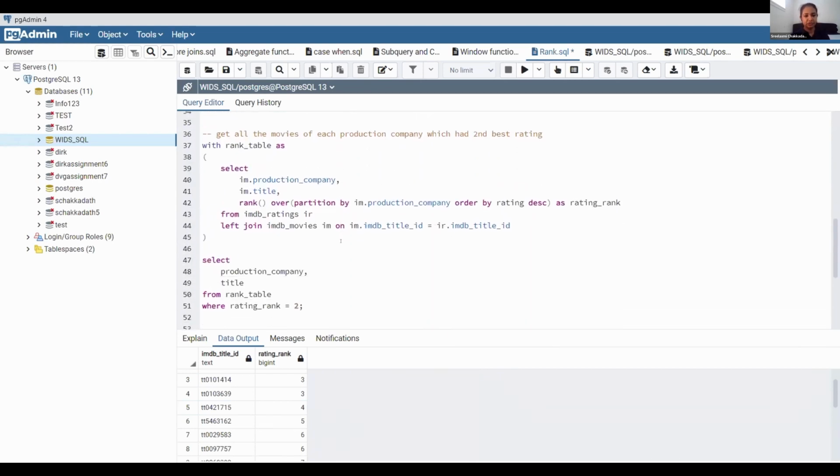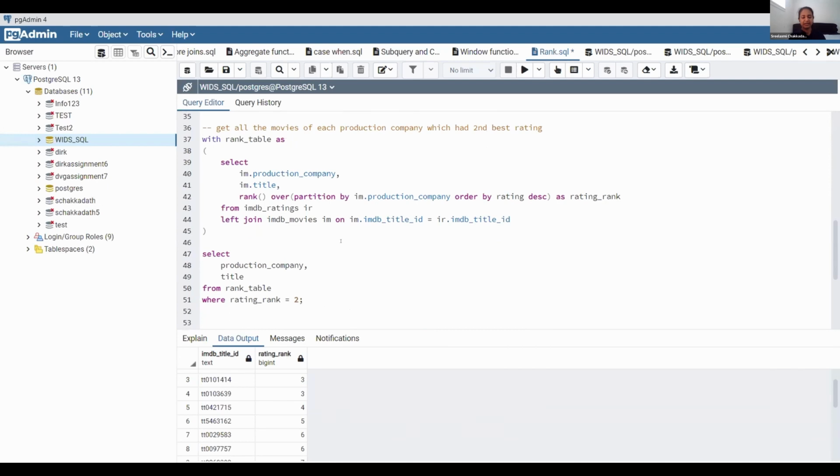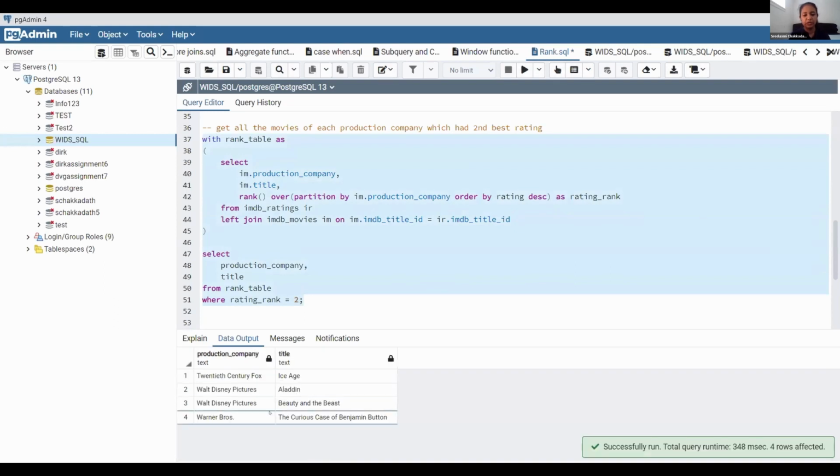Now, this is a demonstration of how to use rank and CTEs together. Here we need to get all the movies of each production company which had the second best rating. We can rank it and just put in a where condition saying where rank is equal to 2. If we run this, you will